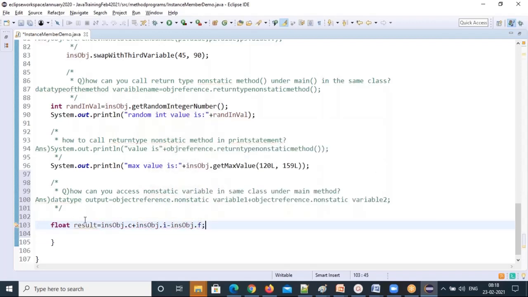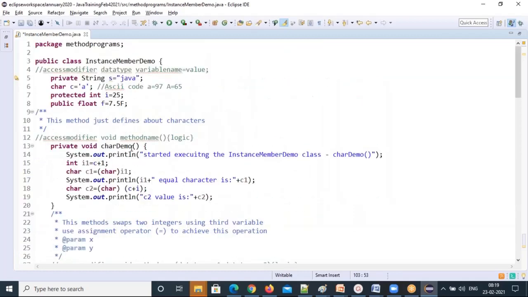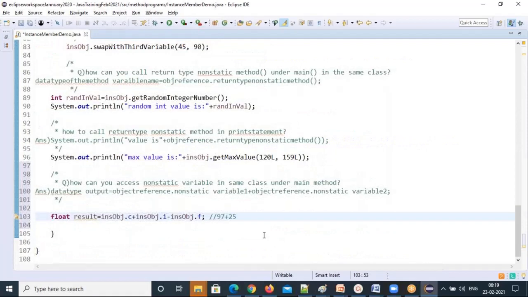So obviously I'll get a float, right? This C value is 97. So I'm giving here the calculation also: 97 plus 25, right? I value is 25, minus the F value. So what is the F value? 7.5.